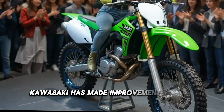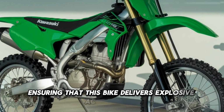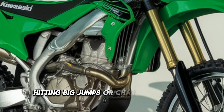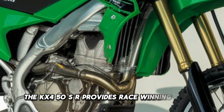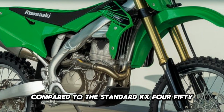Kawasaki has made improvements to the cylinder head, intake system, and ECU mapping, ensuring that this bike delivers explosive acceleration and top-end performance. Whether you're blasting through whoops, hitting big jumps, or charging through corners, the KX 450 SR provides race-winning power. One of the biggest upgrades on the SR model compared to the standard KX 450 is the high-performance